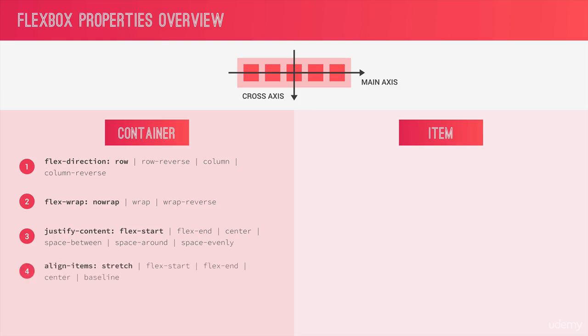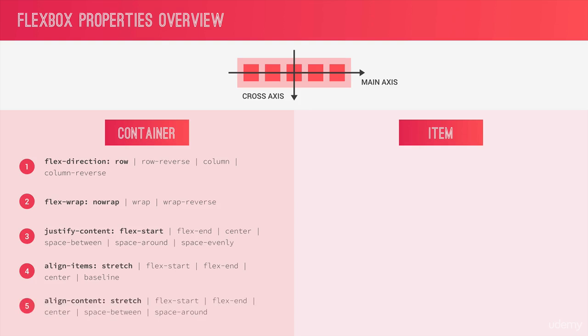Next, there is the align-items property, which is very similar to justify-content, with the difference that this one defines how the Flex items will be aligned along the cross axis, not the main axis. So align-items is many times used together with justify-content, and to me, these two are the most important Flexbox properties of all. And then finally, there is align-content,